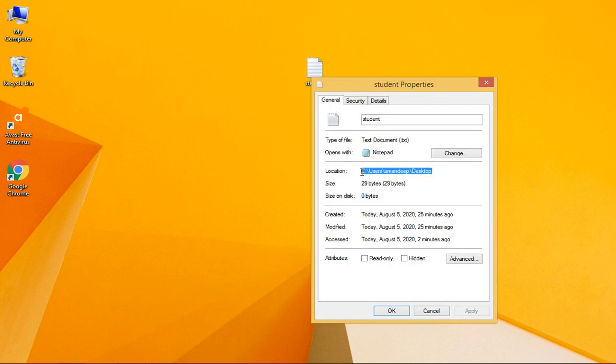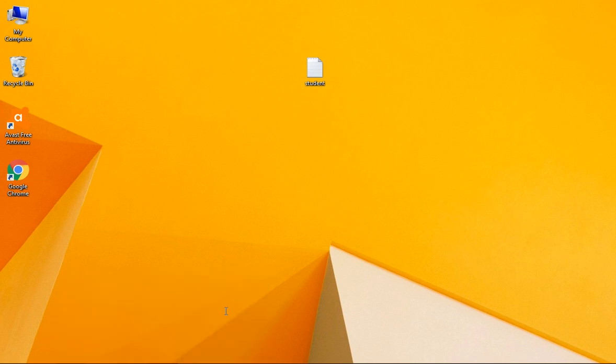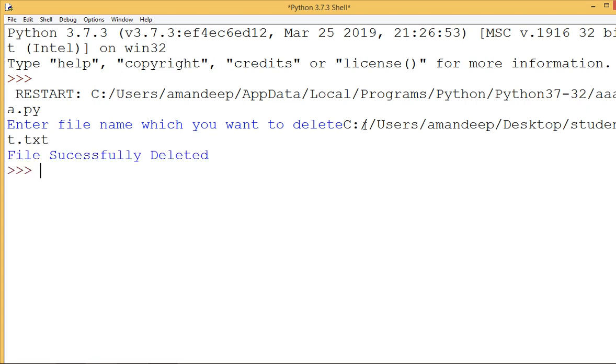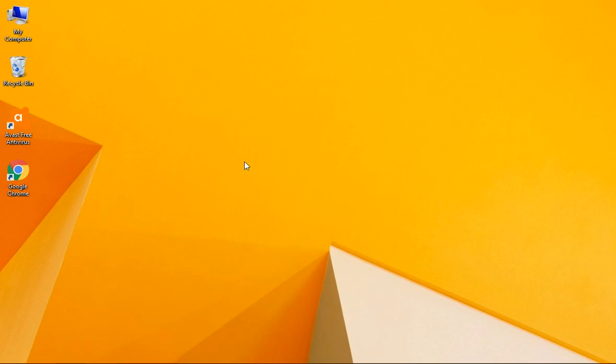You will go to the properties, and here is the complete reference of the file. Copy it. Now when you paste it here, we will use a forward slash, and the name of the file was student.txt. When you press enter, the file is successfully deleted. You can see on my desktop, file successfully deleted. Okay, so these are the